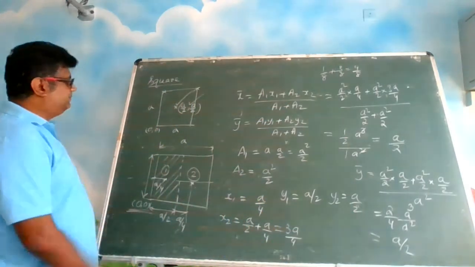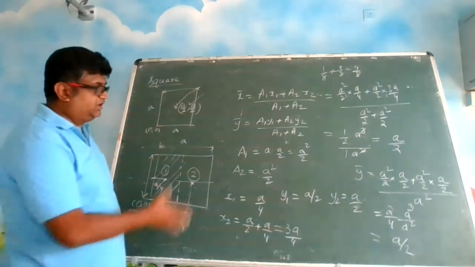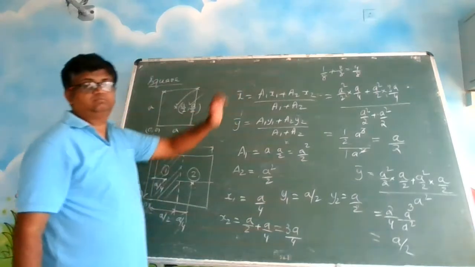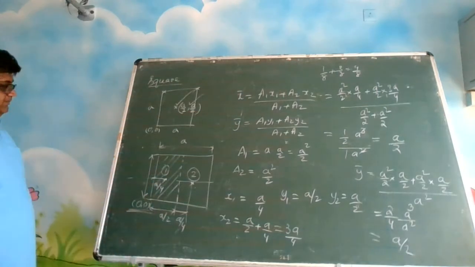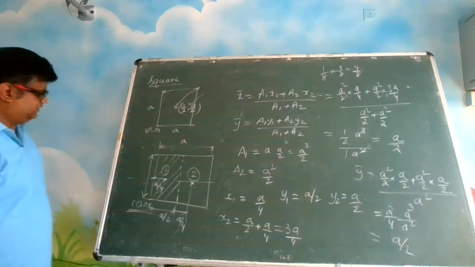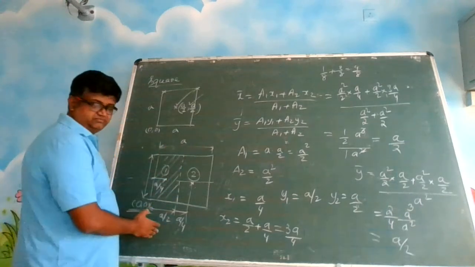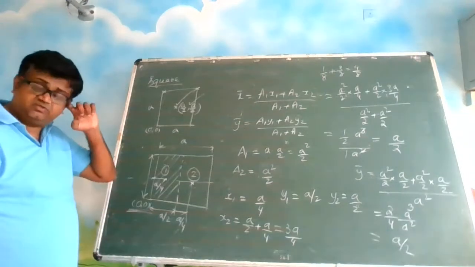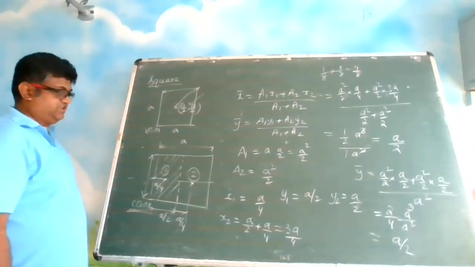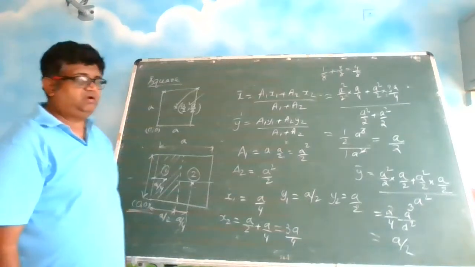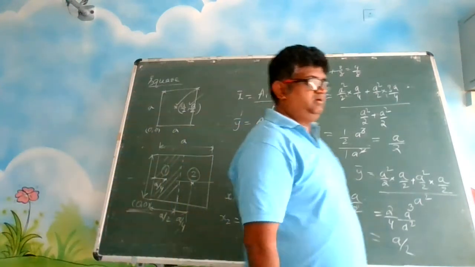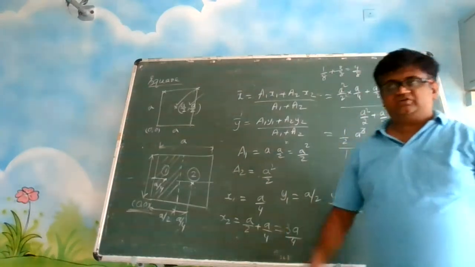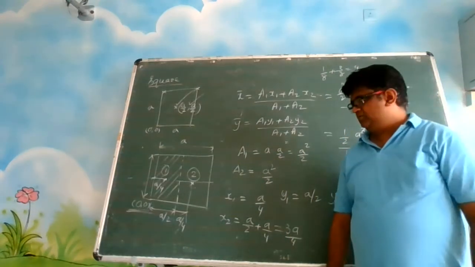So this is how you have to apply the formula and get this answer. Okay. This is a simple example. So this is how you have to apply the formula what we have learned in here. Okay. Now my question is, I took the area like this. If I had taken the area like this, will my answer change? The answer won't change. It doesn't matter how you take the area, in which fashion you take the area.